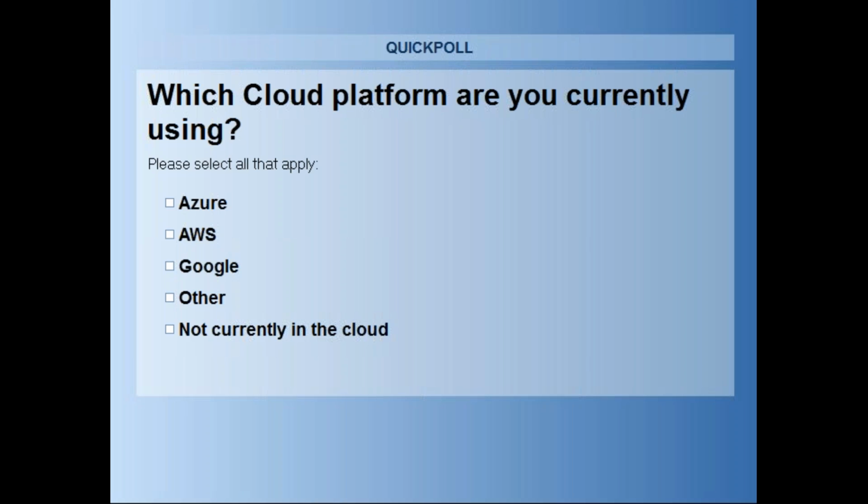Once people have voted, we'll share the results. Let's give another 10-15 seconds for everybody to get an opportunity to vote. Let's get those last couple votes in, and all right, I'm going to close that